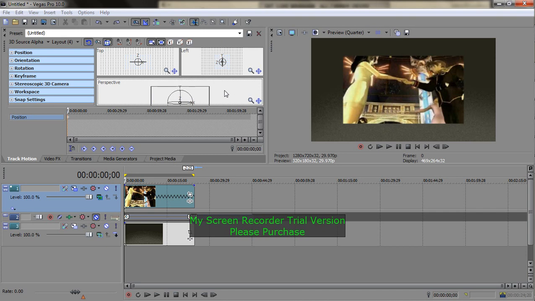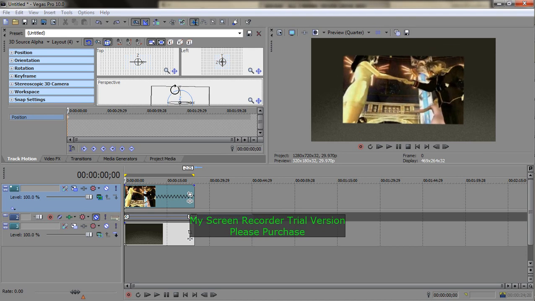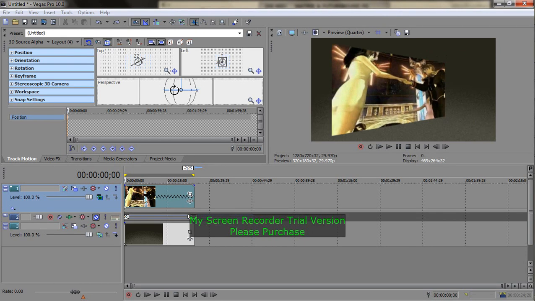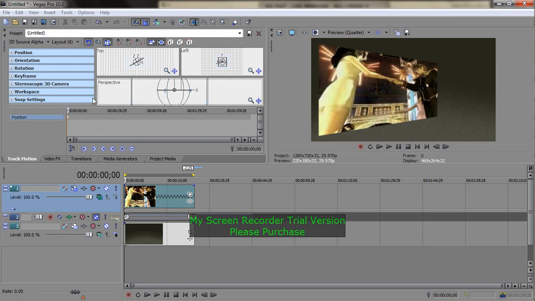Dang it, man. I hate it when it doesn't want to work with me here. There we go. Okay, so you basically move it until you get it to this point. Now what I want to do is I'm going to move it this way till it's right about there. Okay. And then I'm going to